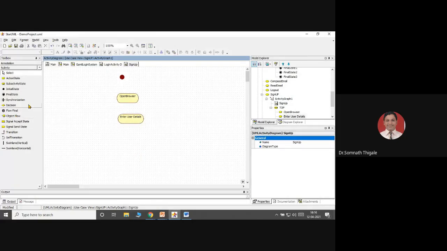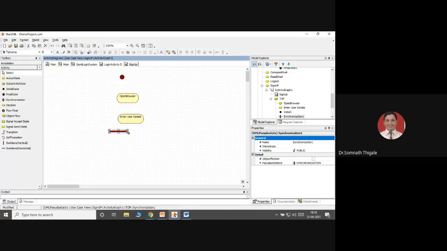Now the next section you need to decide. So I'm using the synchronization. Now this synchronization can be used in two styles, as a join or as a fork. For example, in case of parallel actions, only one action I'm going to take, but there are so many things.